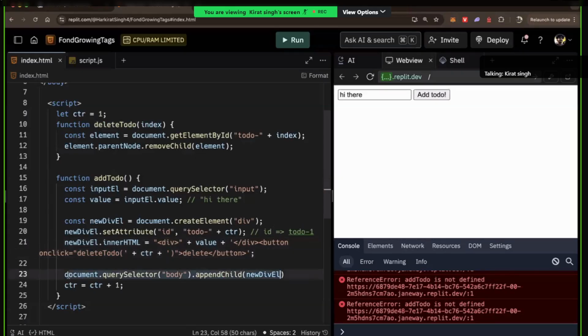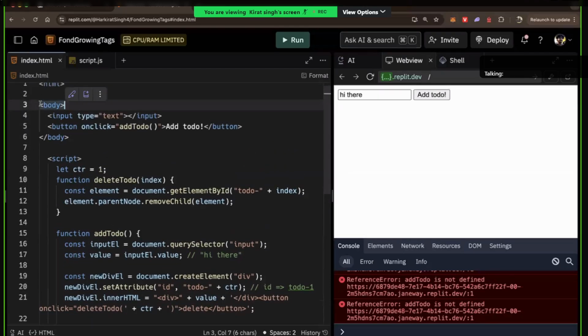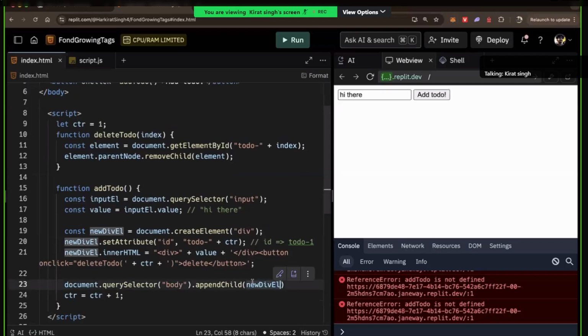And then finally we append it to the body. We get the parent element, this body parent element. We append the div element over there. Then we increase the counter. If I run this,